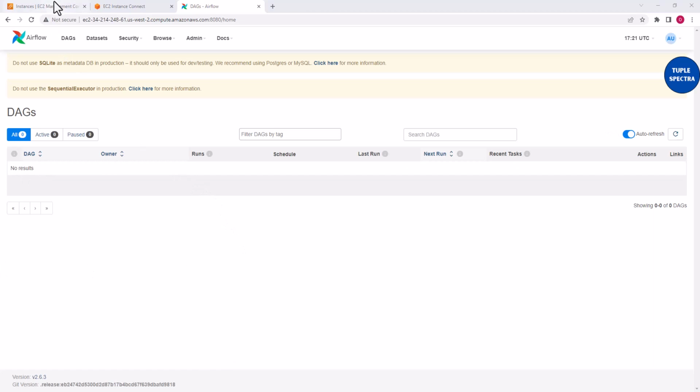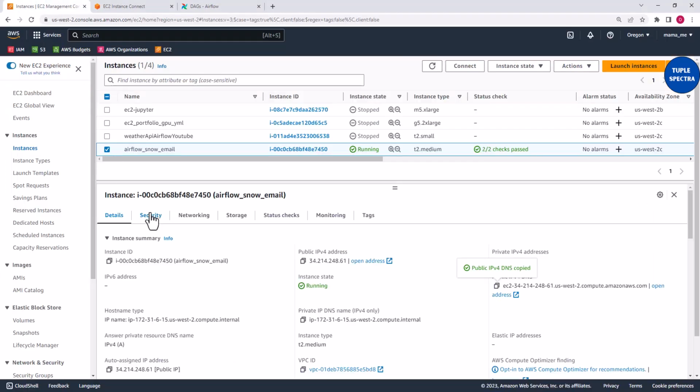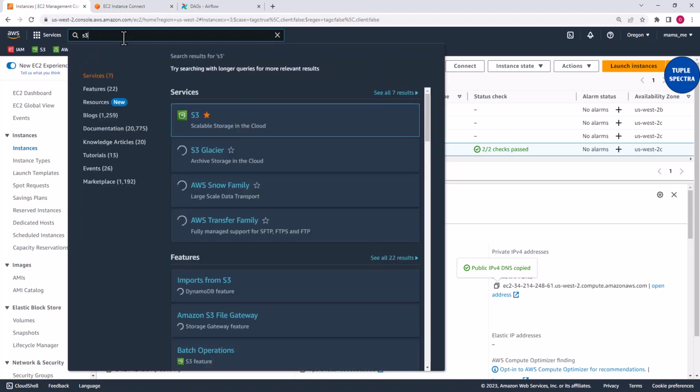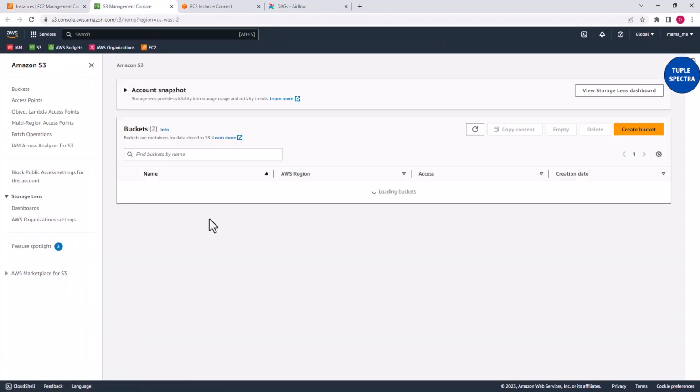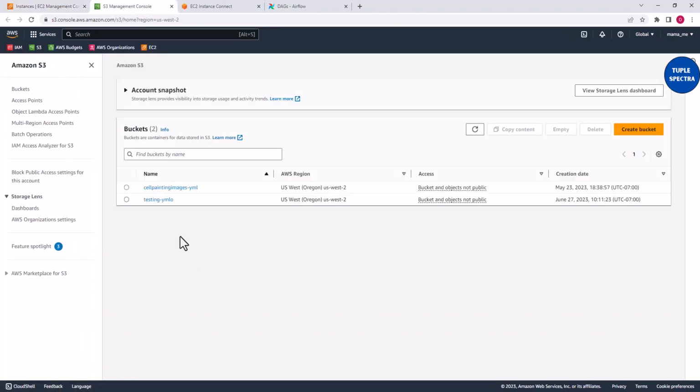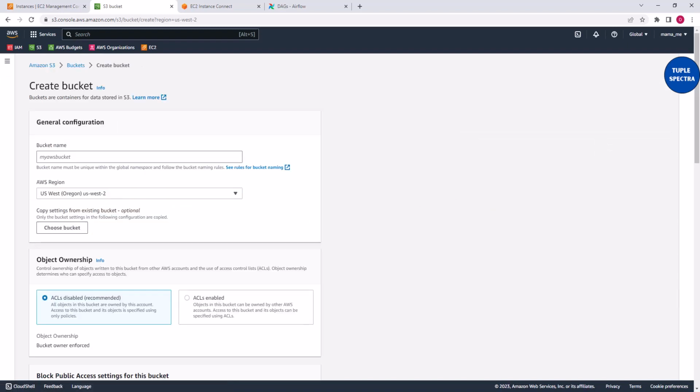All right, guys. Now, the next thing I want us to do is create an S3 bucket. Then let us create our DAG and start creating the tasks in our DAG. So let us come here and say S3. This is your S3 right here. I'll open in a new tab. Now what I want to do is create a bucket. I will say create bucket. Remember that your bucket name should be unique across all of AWS